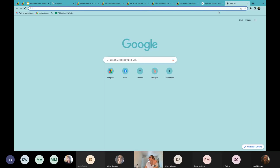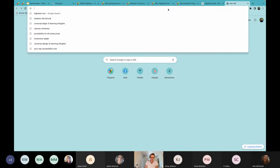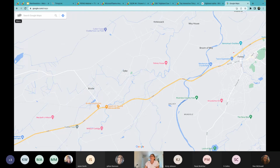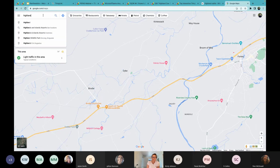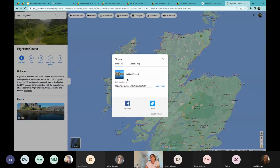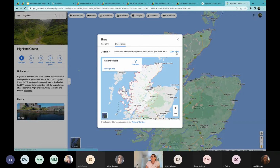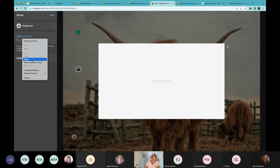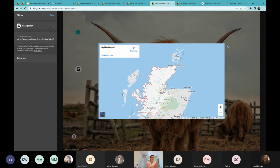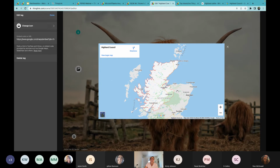But I'm going to open up a new tab here, and I'm going to go to maps.google.com, and I'm just going to do a search for Highland. There we go. And if I click the share button here, I can copy the link, but you can get the embed code. I'm going to copy the HTML and back in my tag, I'm going to paste that in, and I now have a working map. And you could even have directions in there, but this will work for any kind of